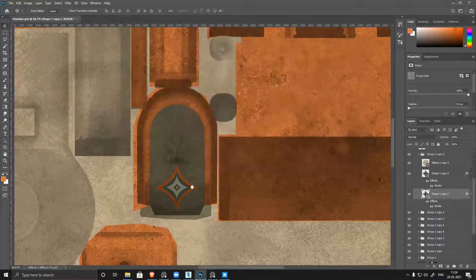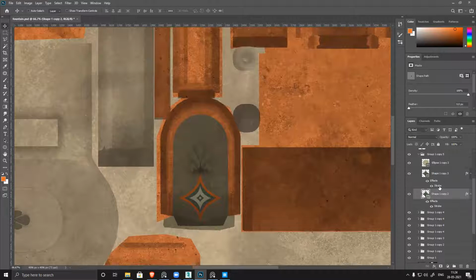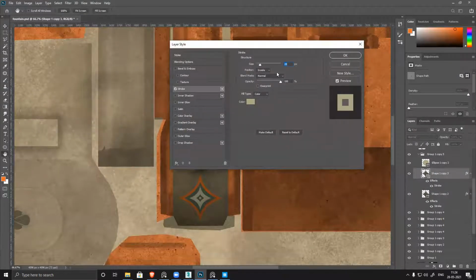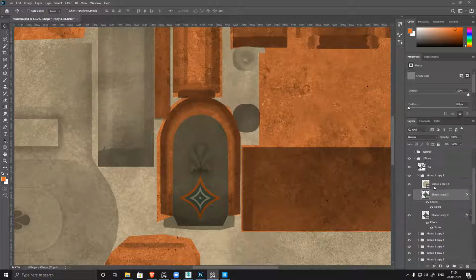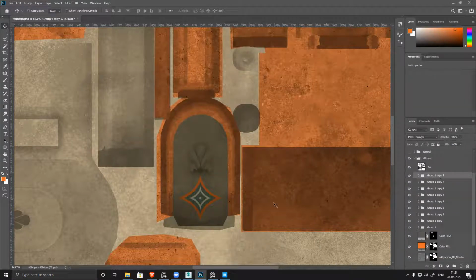Reduce it slightly, make it a little more elegant. Okay, done. Now this pattern is ready.